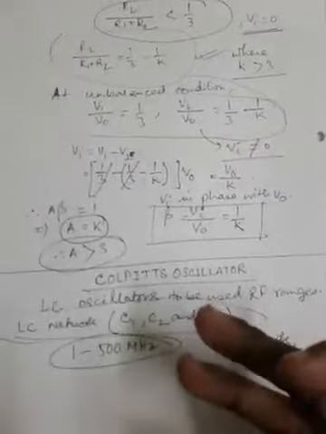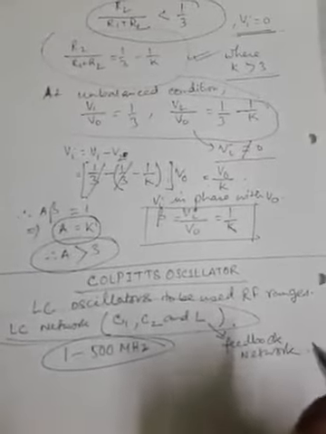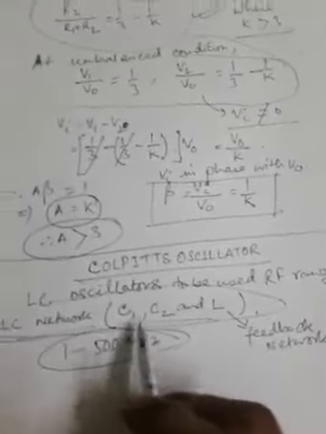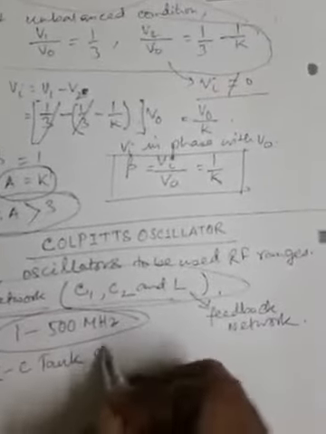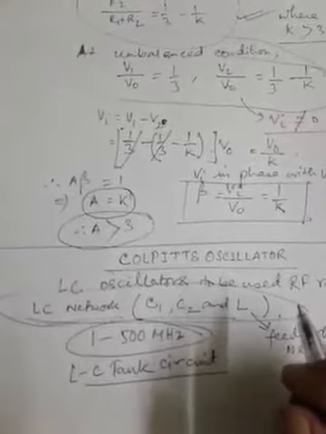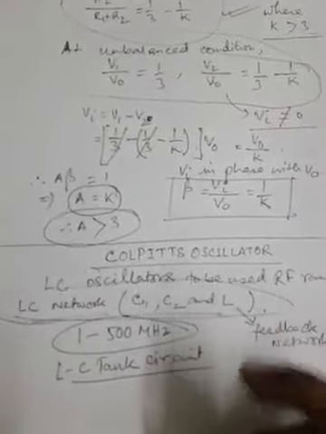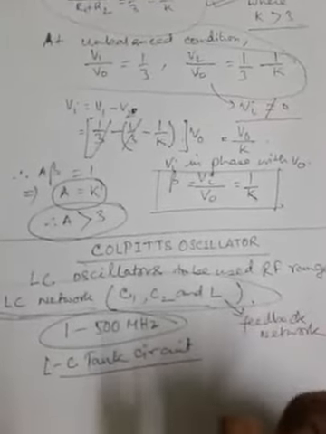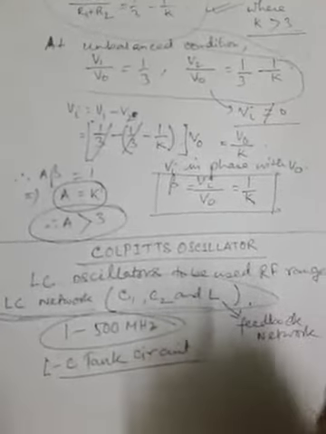So I once again repeat: with an amplifier, which is the basic or the internal amplifier, along with the use of LC tank circuit. So this LC network comprised of C and L is called tank circuit. This LC tank circuit is being used here as feedback network, and its use is to be ensured in such a way that feeding back a signal with proper amplitude and phase could be achieved to sustain oscillations.